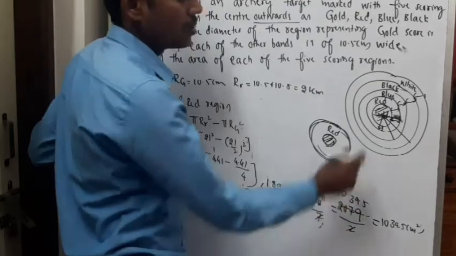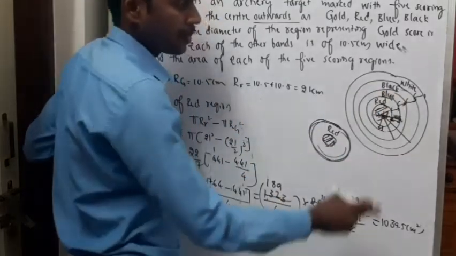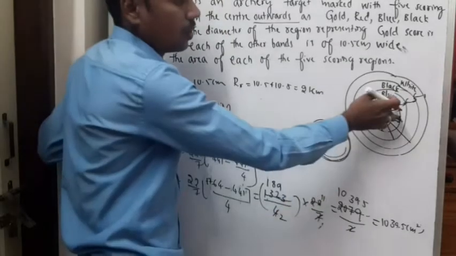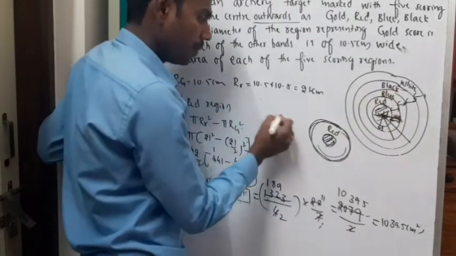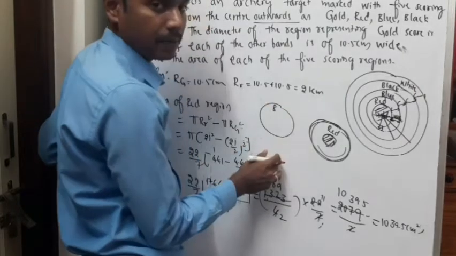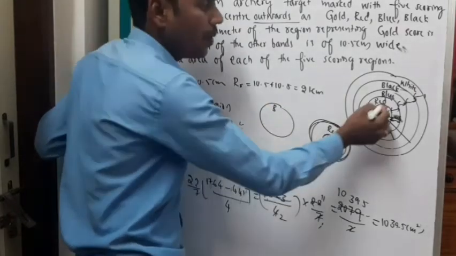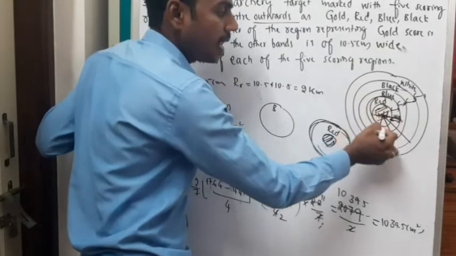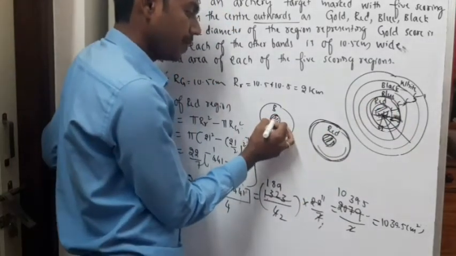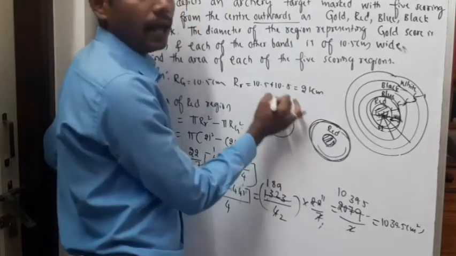and white region. So how will you calculate the blue region then? So first you will find the pi r b square, that is, the area of the blue region. From that you are going to subtract the entire area of the red region. So blue region minus red region. Area of the red region will give only blue region.